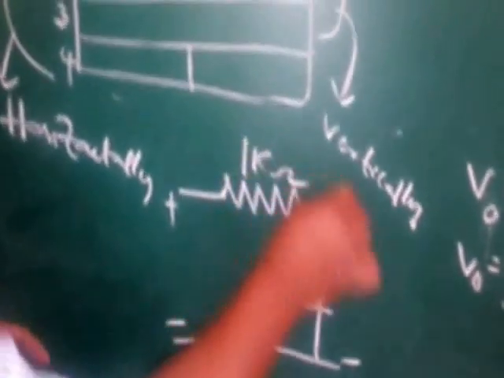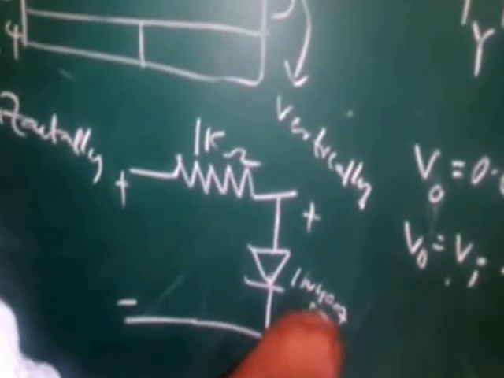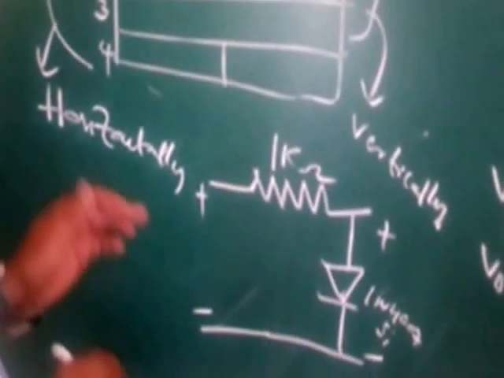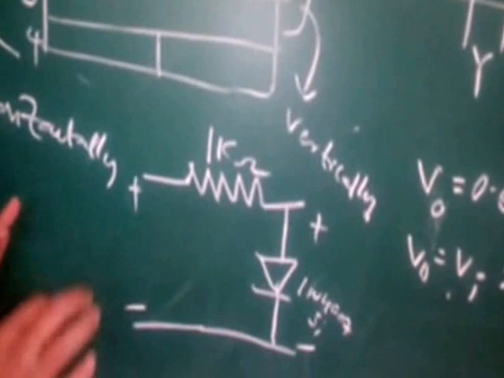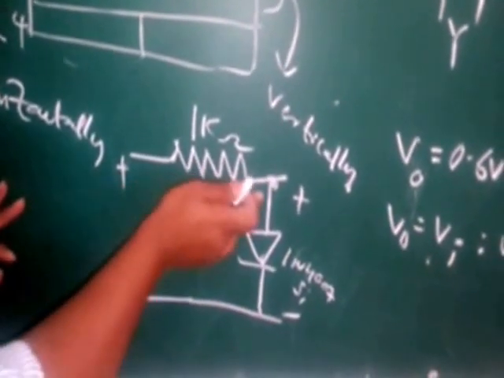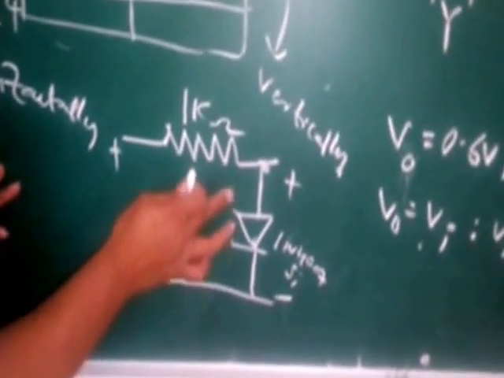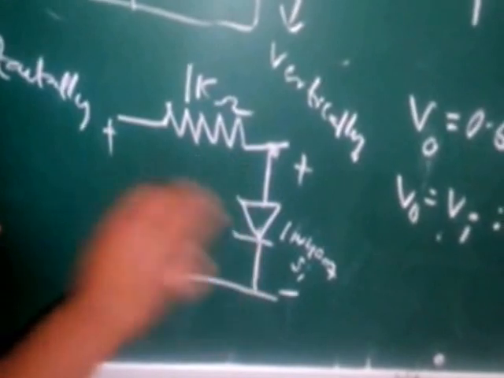You can take a 1 kilo ohm resistor. This is a 1N4007 diode, a silicon based PN junction diode. Here we are applying the input signal. Here we are taking the output signal across the diode. If you observe the circuit, here one node is there. At this node, one terminal of the resistor is connected to the P side of the diode. This connection we have to give on the breadboard.